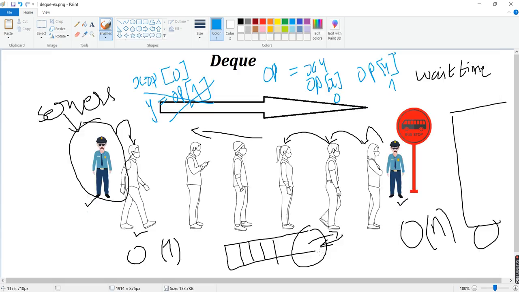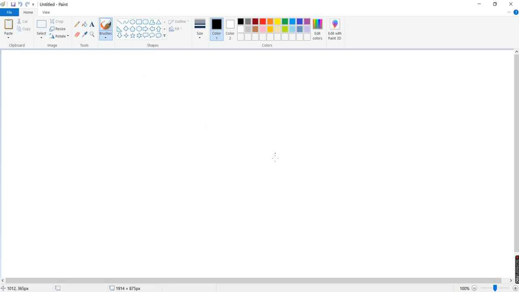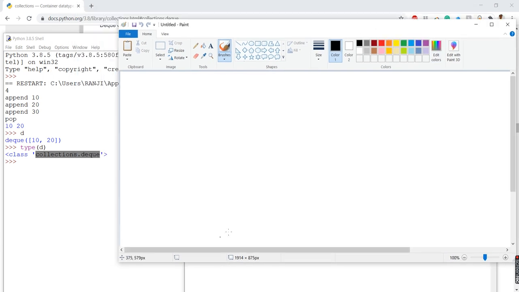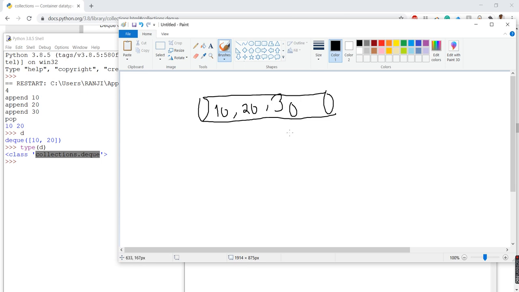So how does it work? I'll just show it in this way. What we have is this DQ, which is a double-ended queue. So you can put elements from both ends, and you can pop elements from both ends. First we put element 10, then we put 20, and then we put 30.